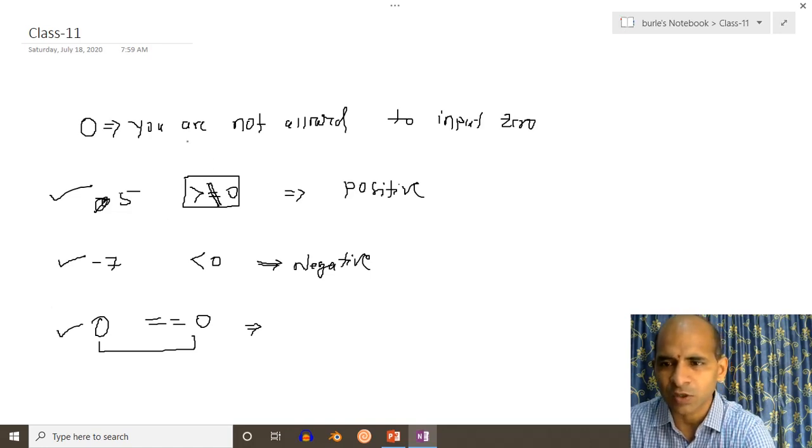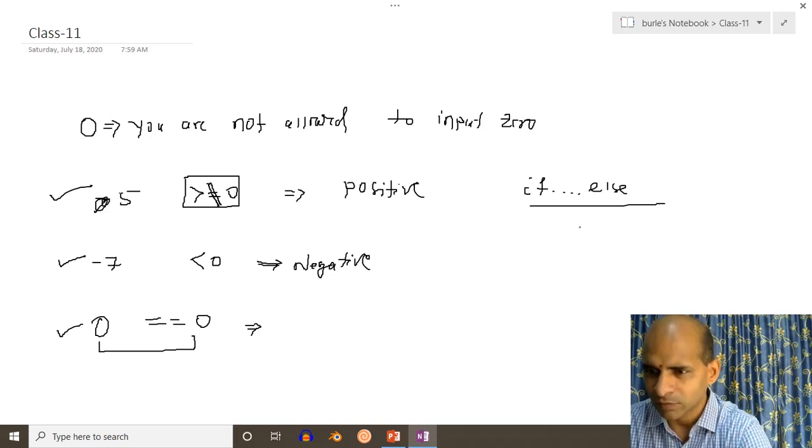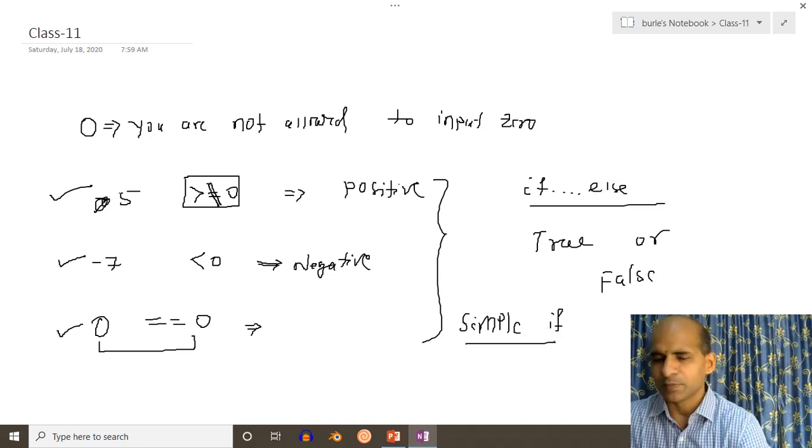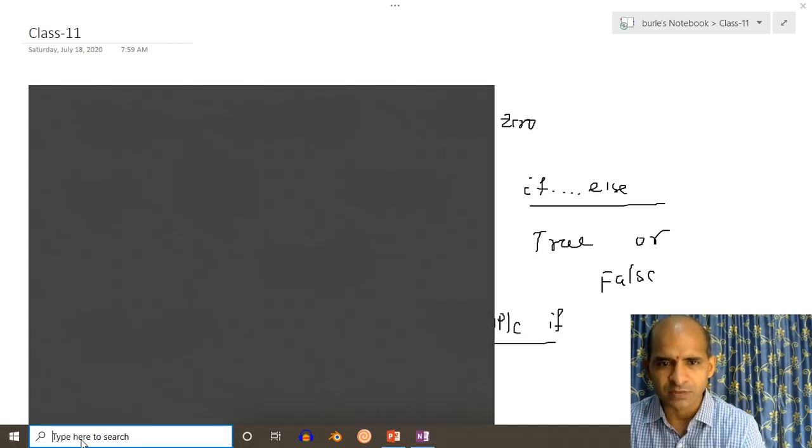So it is not possible using if else, because if else always provides an answer with only two conditions, either true or false. So you have to solve this using only simple if. Now let me show you this answer using simple if.